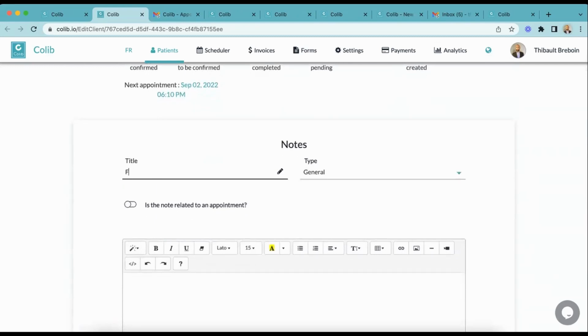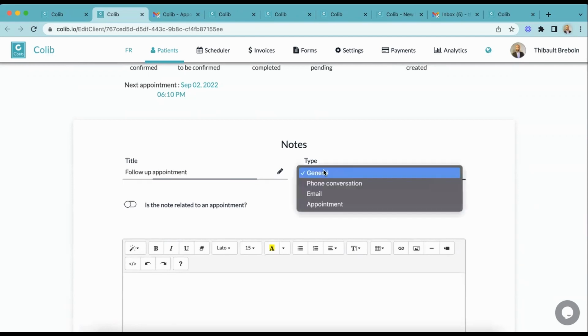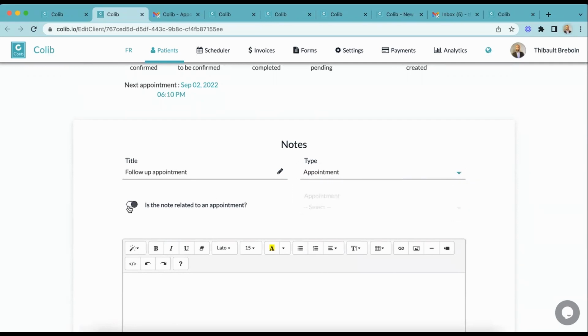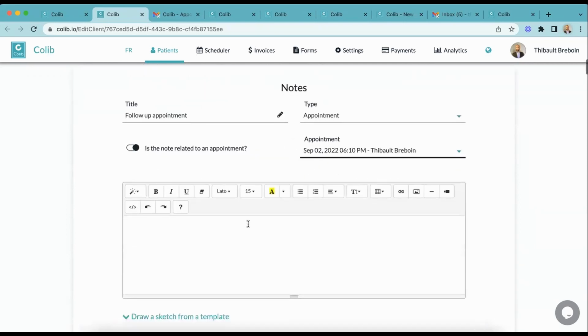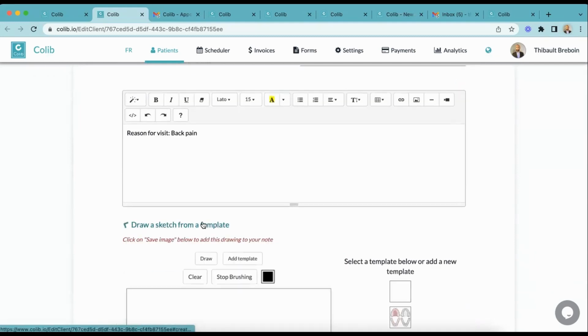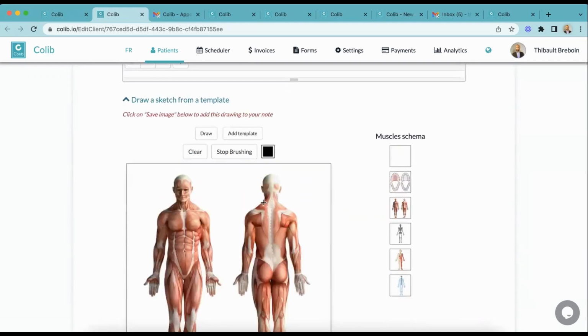That's where you'll be able to find all the patient information and add notes. As you can see here, you can link a note to an appointment, but you can also just add a note that's not linked to an appointment. As you can see, I have lots here for demo purposes. You'll have the text editor then just allowing you to quickly jot your notes. We have a few